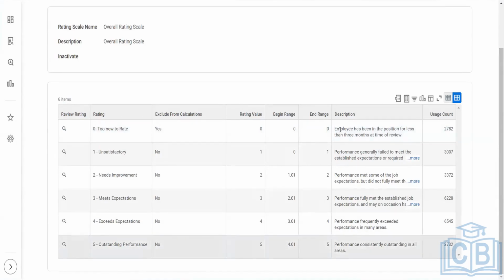If you see the description, they have clearly mentioned the employee has been in the position for less than 3 months at the time of review. We have to define the rating. This rating value and this beginning and end range is very important.